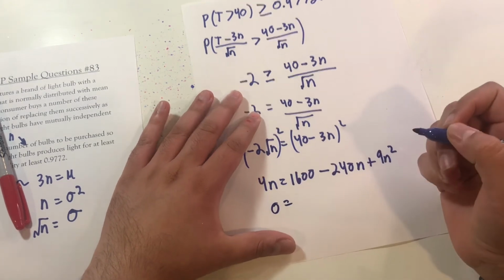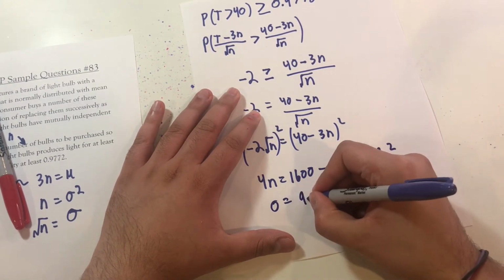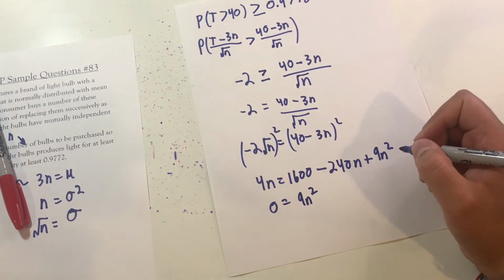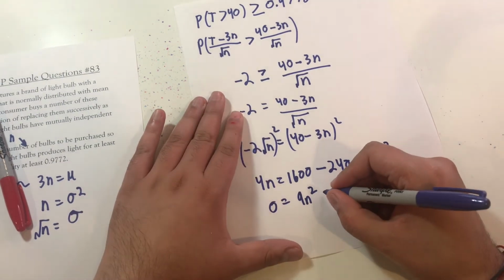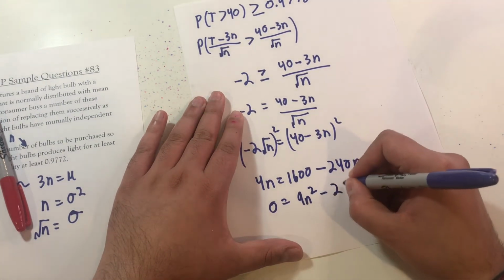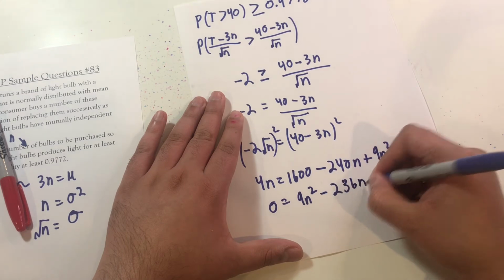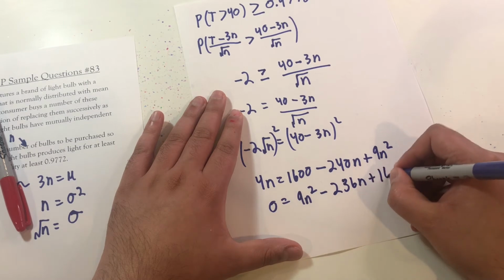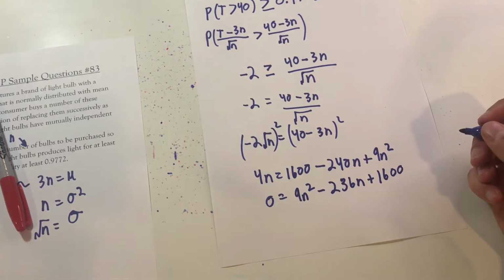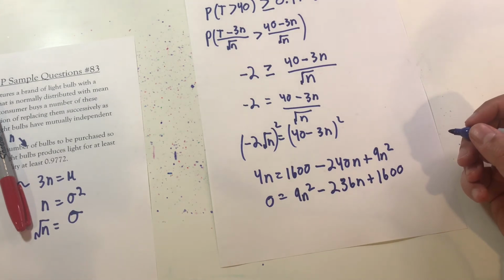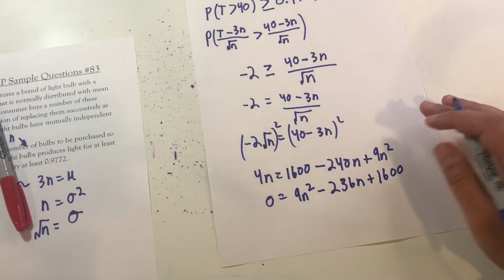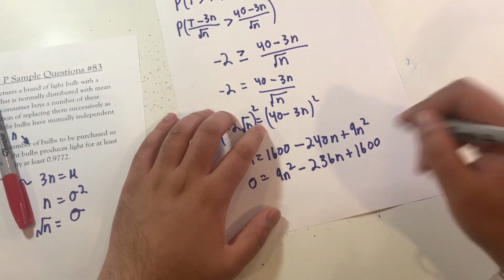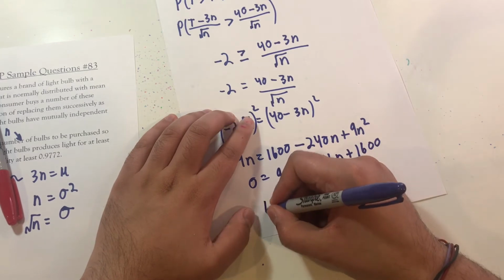So 0 is equal to 9n squared minus 236n plus 1600. Okay, I'm going to use the quadratic equation on this. If you're familiar with the quadratic equation, you should be, that's going to be n is equal to